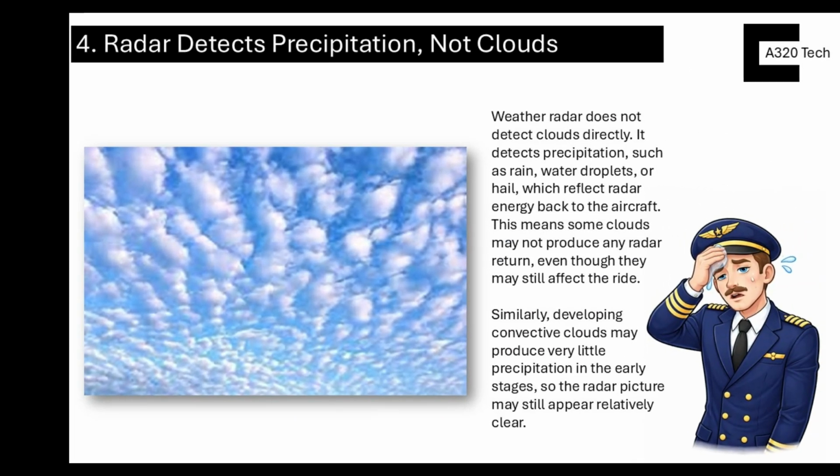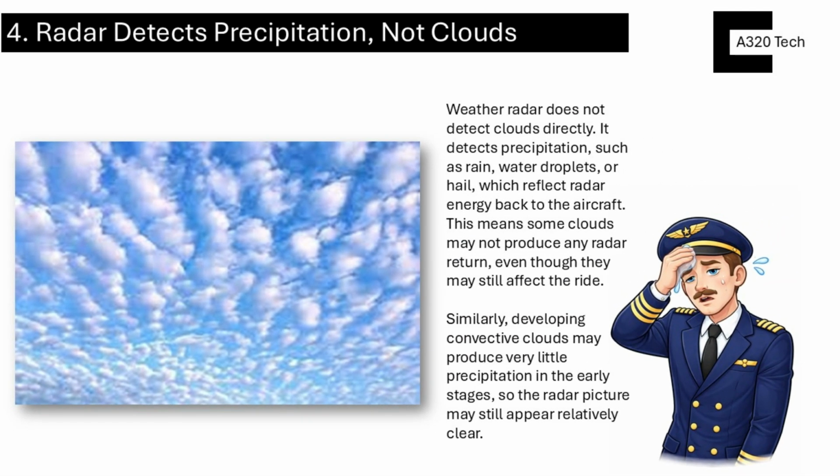Last point is to understand that weather radar does not detect clouds directly. It detects precipitation, such as rain, water droplets, or hail, which reflect radar energy back to the aircraft. This means some clouds may not produce any radar return, even though they may still affect the ride. For example, mid-level cumulus clouds may contain only small amounts of moisture and may not appear clearly on the radar display. However, these clouds can still produce turbulence or a bumpy ride. Similarly, developing convective clouds may produce very little precipitation in the early stages, so the radar picture may still appear